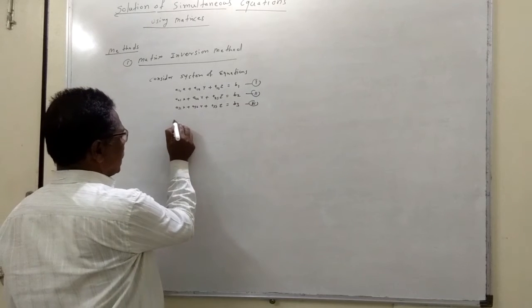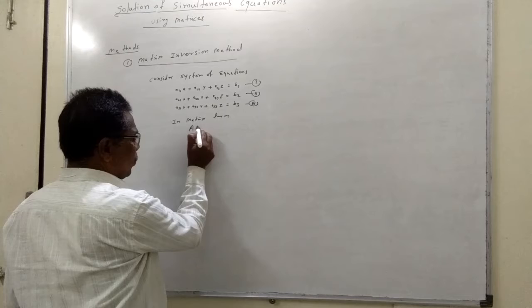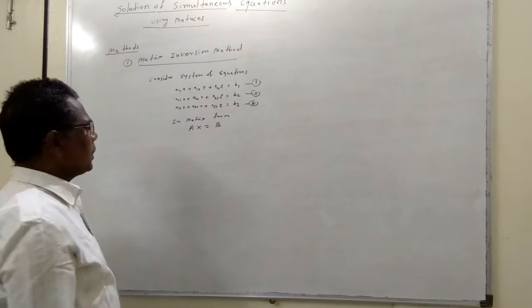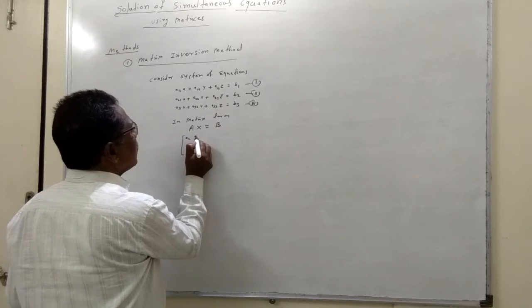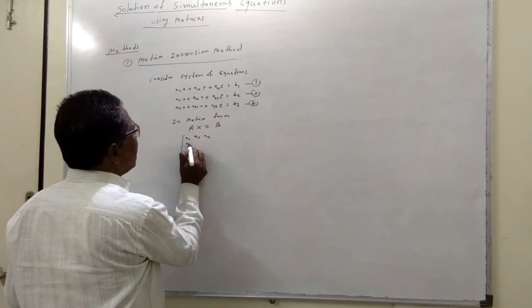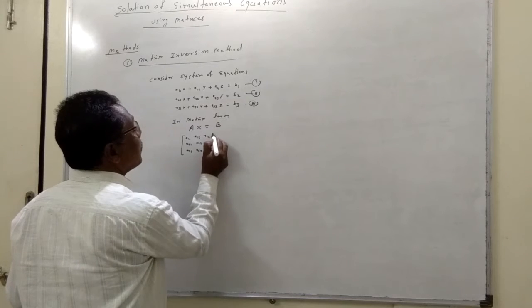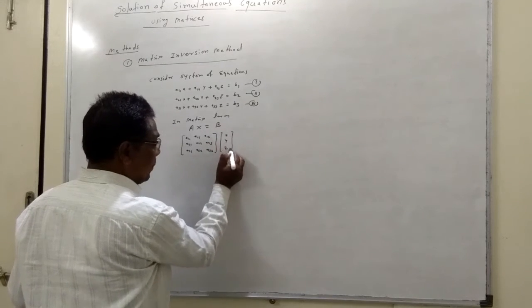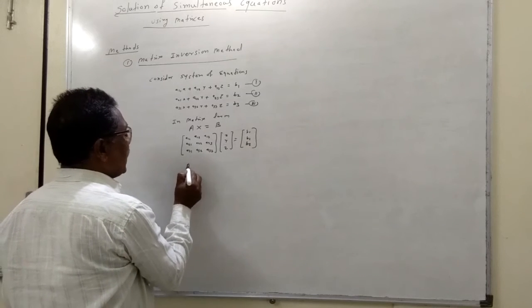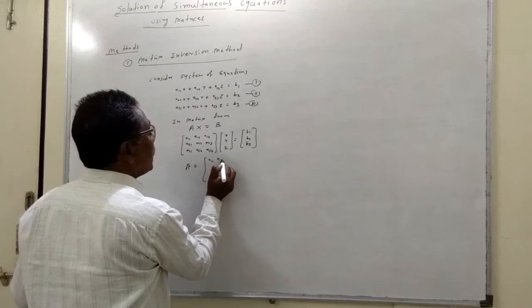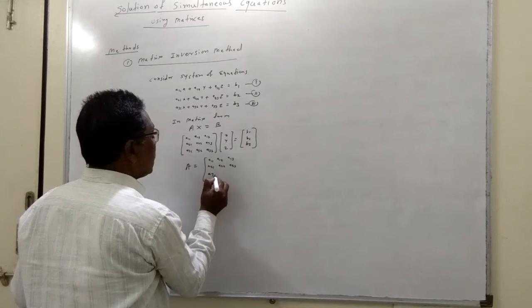Now you write these equations in matrix form. So AX is equal to B. A is the coefficient matrix, X is the variable column matrix, and B is the constants matrix. So A means a11, a12, a13, a21, a22, a23, a31, a32, a33, times variables x, y, z, is equal to constants b1, b2, b3. So from this, A is the matrix a11, a12, a13, a21, a22, a23, a31,